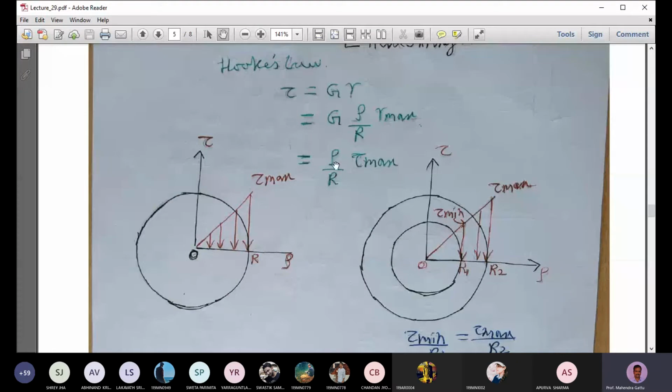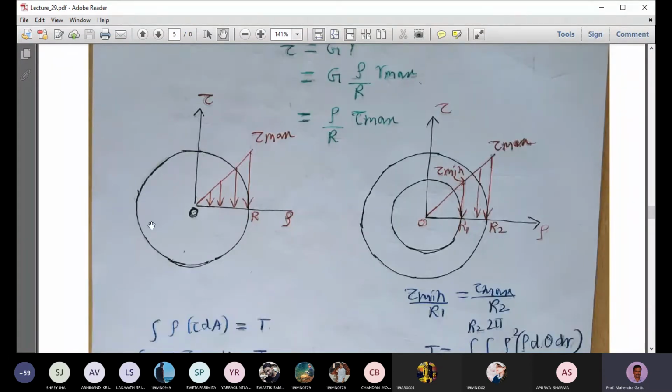So the shear stress is a function again of the radius, that is the location of the point from the interior, from the center. So we can plot the shear stress distribution on the circle. We have our radius term on the x-axis and the shear stress on the y-axis, and we have a linear variation. The maximum value is tau max, and that is occurring at the outermost part of the circle, and at the innermost part it is 0. Okay, so this is the shear stress distribution in the circle due to the twisting moment T.